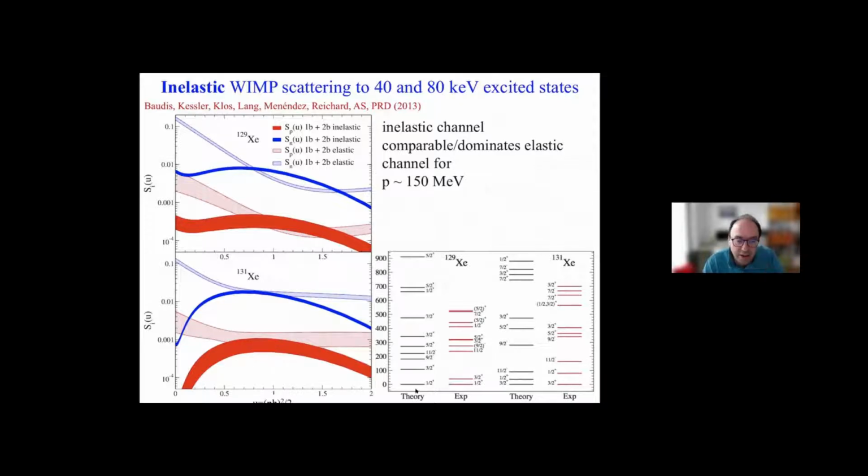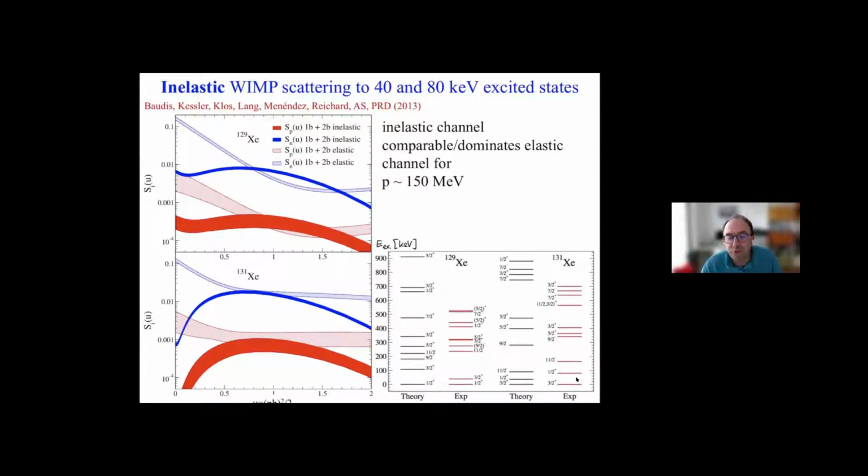And you will notice the energy scale here is, I actually should have put some scales here, I'm sorry. This is the excitation energy in keV, kilo electron volt. And you see that the two unpaired species have low excitation energies, 40 keV for xenon 129 and about twice as high, 80 keV, for xenon 131. And these are very low excitation energies, so that